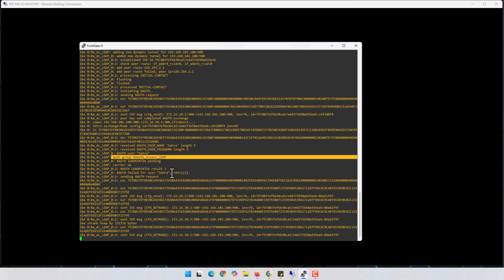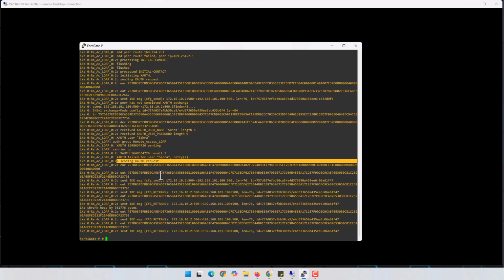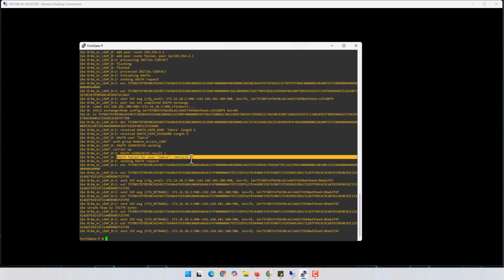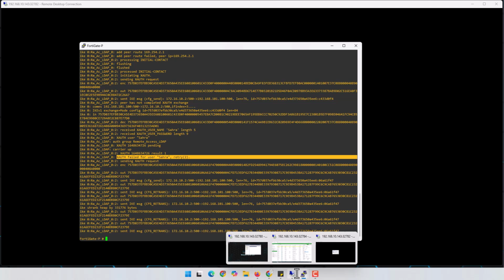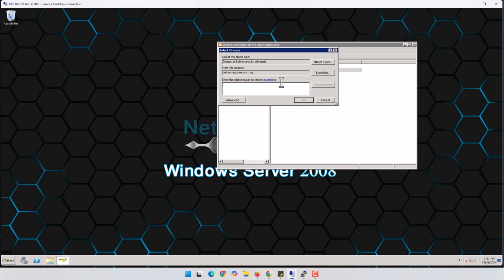Then it's trying to retry again, and again the reset command is sent, and finally it should give us the message that this authentication is failed. XAuth authentication for the user Sarah is failed, and tries two times, but it's failed. It's because the username and password is not actually the user is not in the correct group. And if we go here and add this Sarah to the group of remote access,